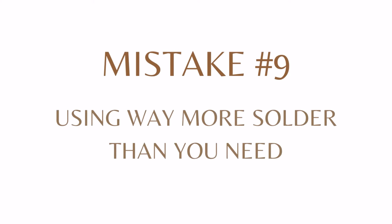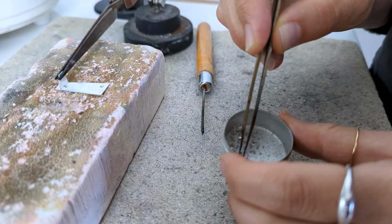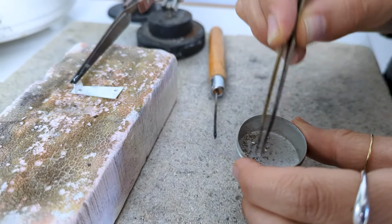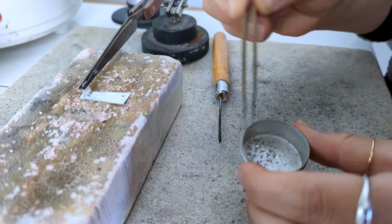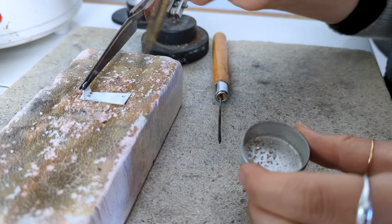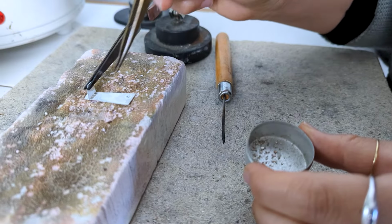Mistake number 9 is using way more solder than you possibly need. I know we think that solder is going to make it a really strong join and make the piece even more secure, but what actually ends up happening is that you end up putting way too much and that leaves big bumps of solder when you're finished, and that just is going to give you a whole lot more work to clean up afterwards. So you're going to need to file all of that down completely flush